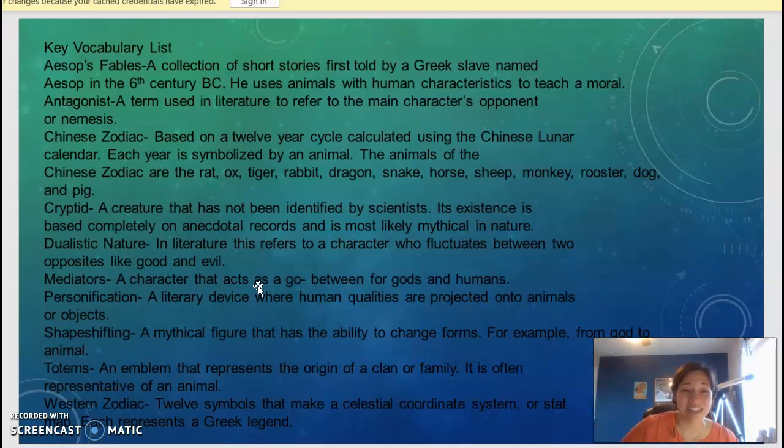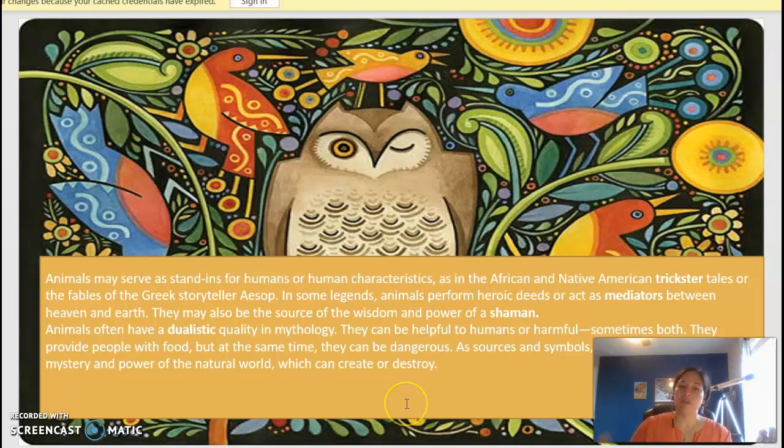And yes, as you guys can tell, you were absolutely right when we were looking at the antagonist, the Chinese zodiac, and personification. Yes, the shape shifting, all of those, the totems. Thank you guys so much. Y'all did an amazing job filling those in. Once again, guys, these vocabulary words you will be needing to use for Unit 4. So if you can, save that page, save this page, and we'll jump right into breaking down a little bit